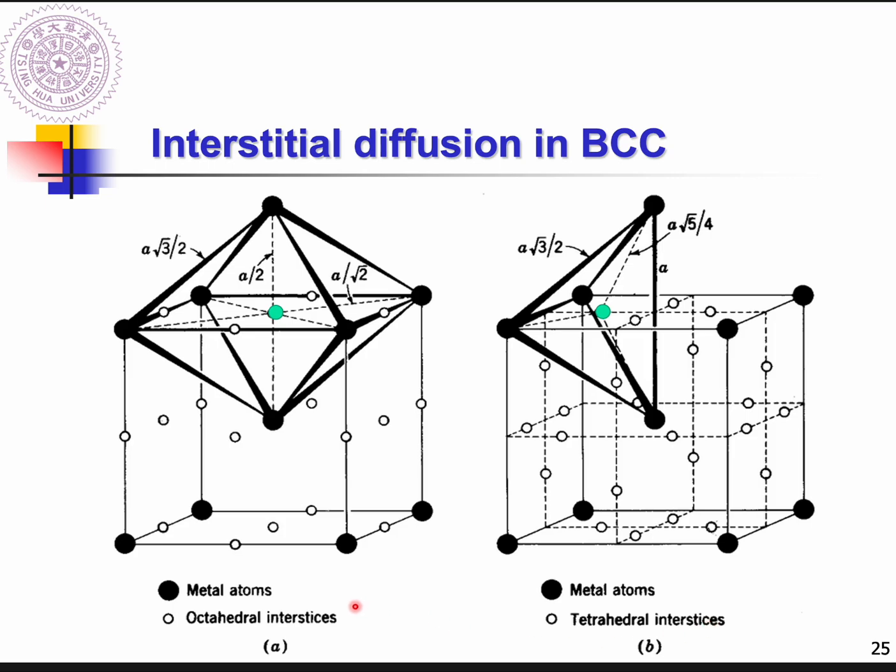But it's impossible for 100% of interstitial solute atoms to jump through octahedral sites, or 100% through tetrahedral sites. But you can roughly think, from the energy point of view, which energy will be lower, then that will allow